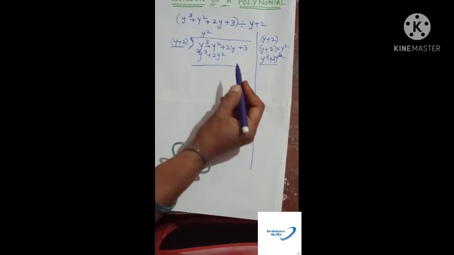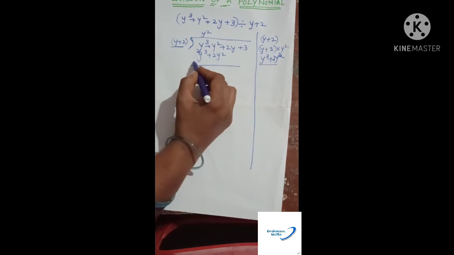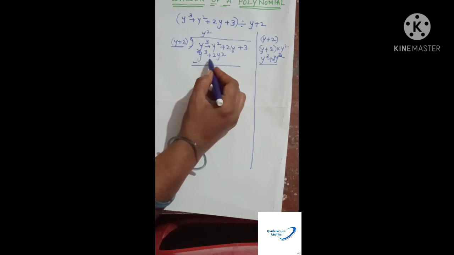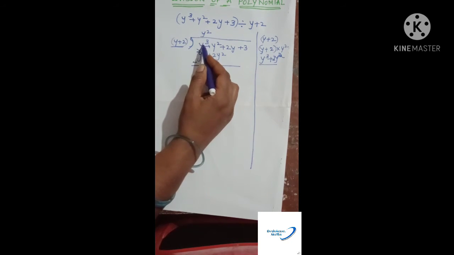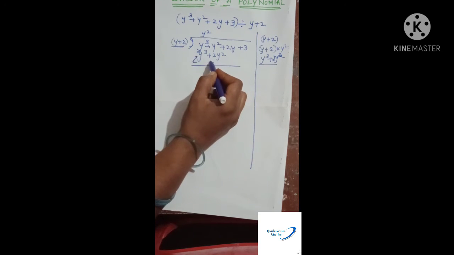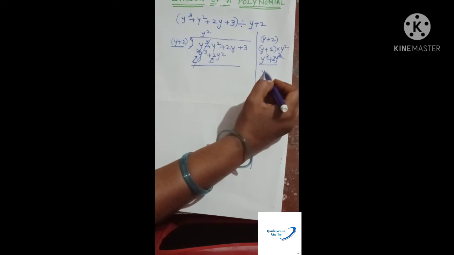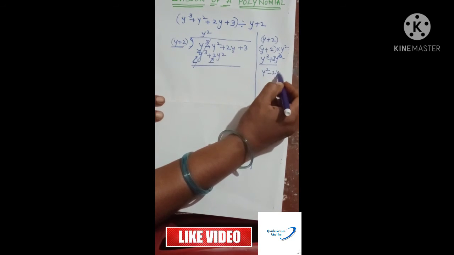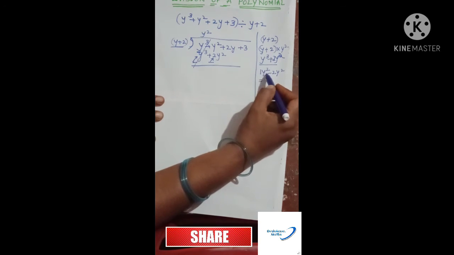Now according to what we follow in division, the same thing you are going to do here. Just change the sign. If it is plus, make it minus. If it is plus, make this also minus. So the sign related to this y cube is minus, and the sign related to this 2y square is minus, not plus. So y cube minus y cube goes. What do you have here? Y square minus 2y square, on the side, so that you can very easily simplify this. So this is y square minus 2y square.